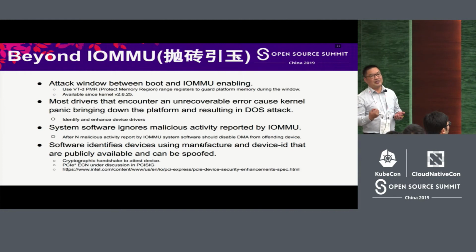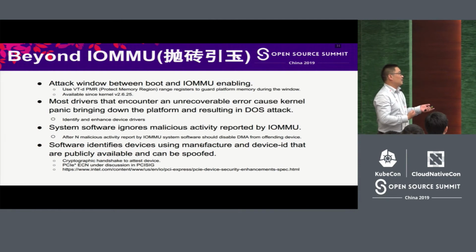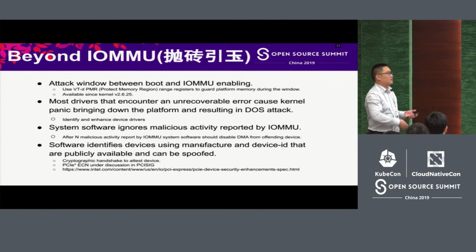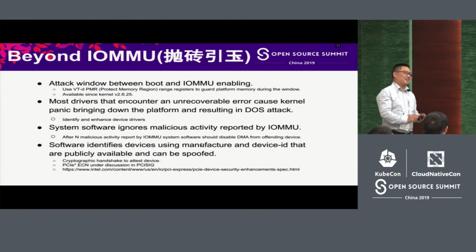So the last issue being that in PCIe, how does software identify devices? It reads its manufacturer and device ID. When the vendor and device ID are publicly available on the internet, for example, the device is made by one specific manufacturer, it provides convenience for a malicious attacker. It can copy any type of device and use it to attack. So I have mentioned a doctor from a university in FDA.